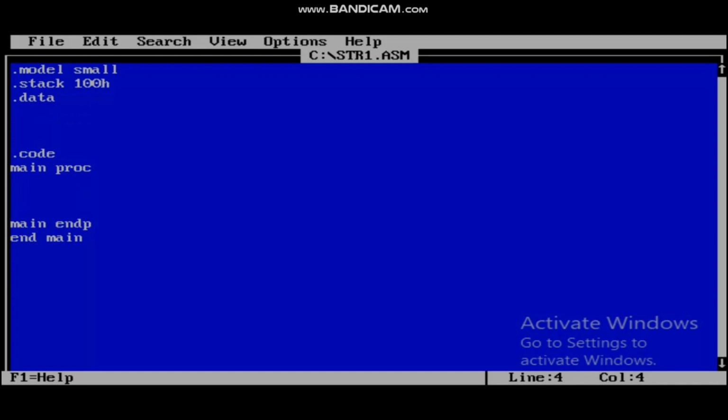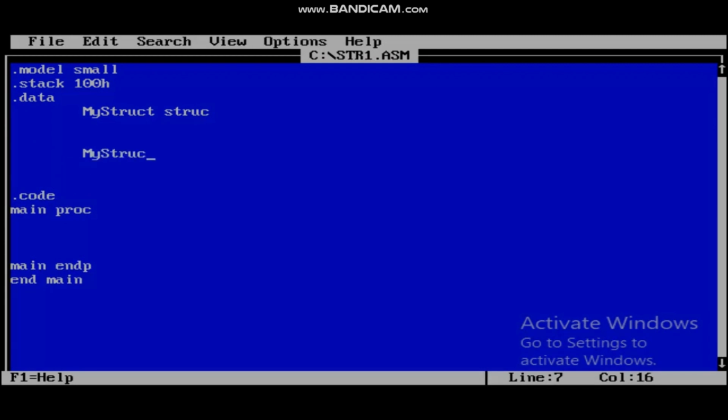Now inside the data section, what will I do? I will create my structure. To create my structure, I can give it any name. For example, in my case, I am giving it mystruct, and I am writing struc. So this is a keyword, and to end this, I would write mystruct ends. I won't say endp, I would say ends, because I'm trying to terminate a structure. So inside this I can create any variable. For example, I'm creating variable1, and this must be 1 byte only,